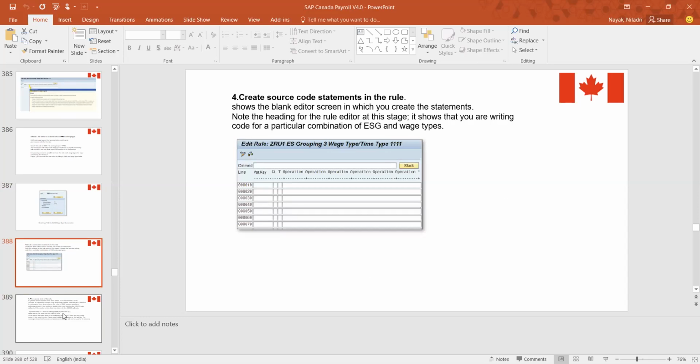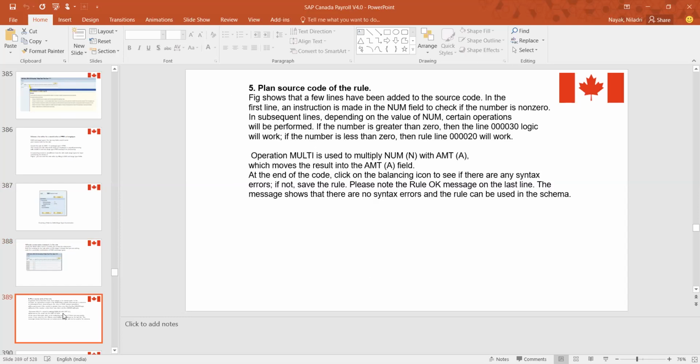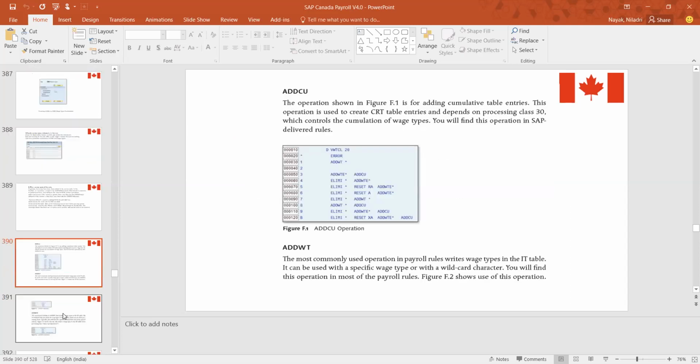Otherwise, for this code statement, sometimes you may take help from your ABAP technical consultant. They will just embed that code inside this. So you'll be giving the logic to them, and you can write those rules or operations. So these are the different operations which I was talking about, right? So this is good to remember,